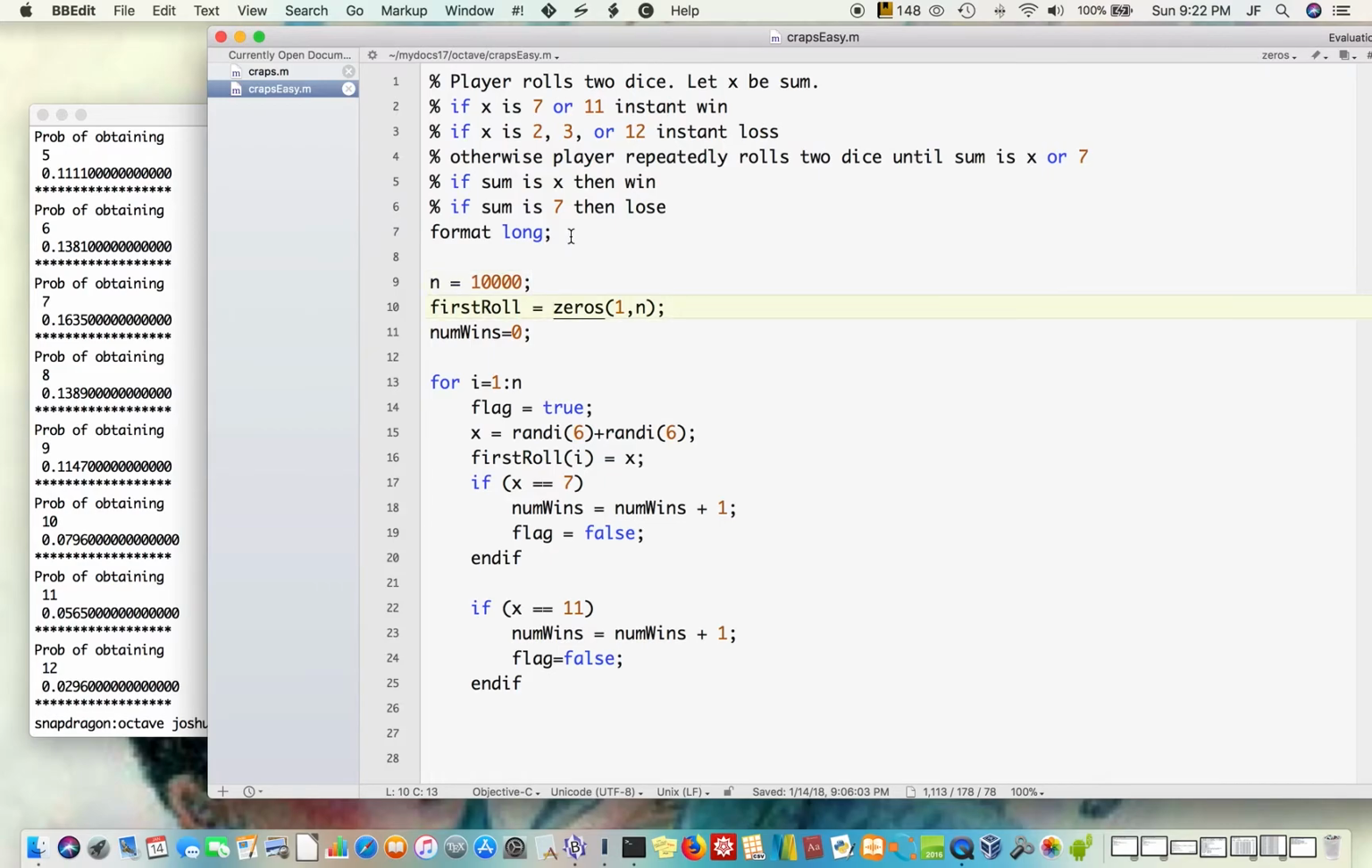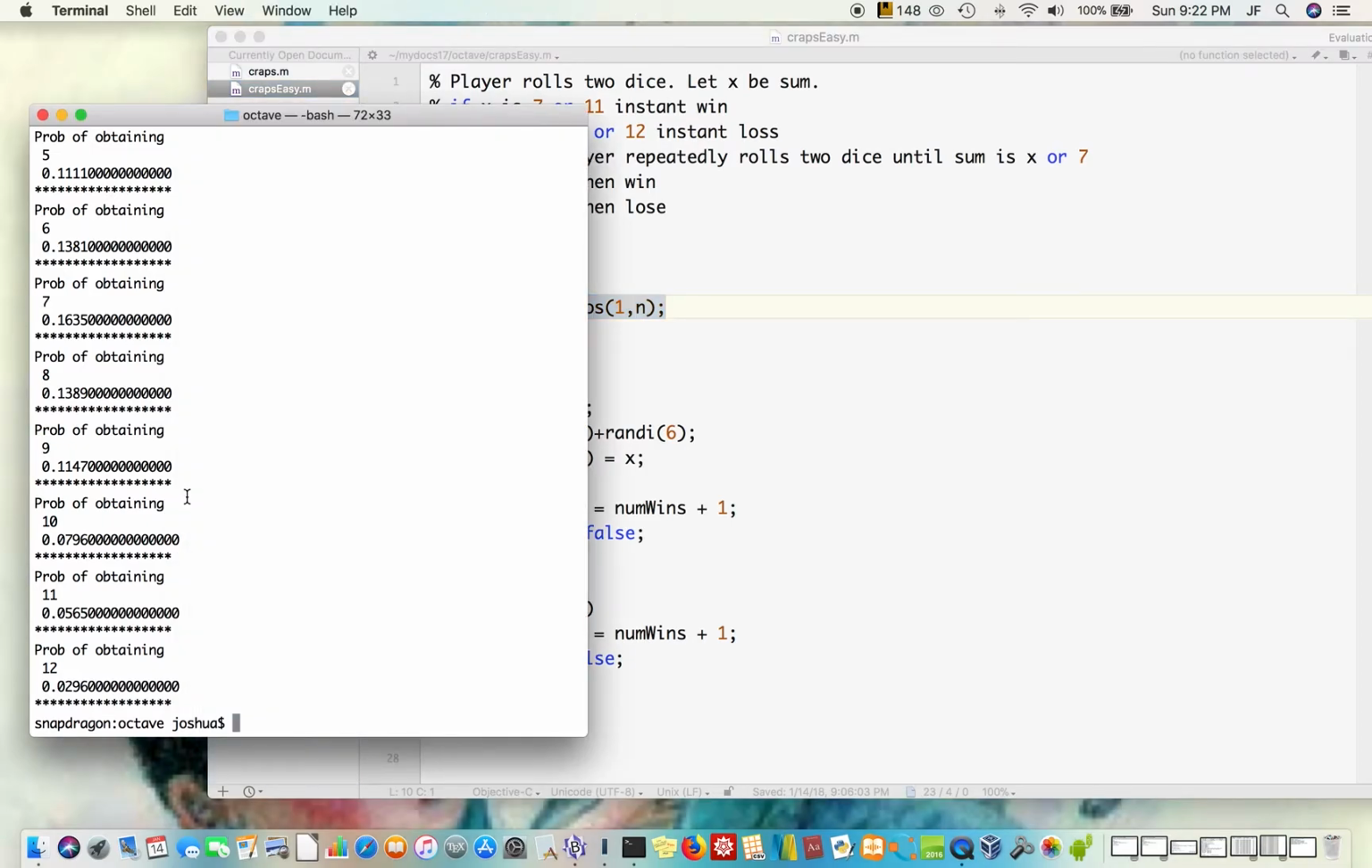Okay, first roll equals zeros 1 comma n, sorry. So all we're doing here is declaring an array, right? We're just declaring a list of numbers, and just to see some quick examples of this,